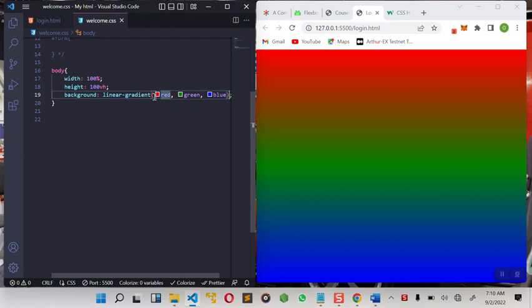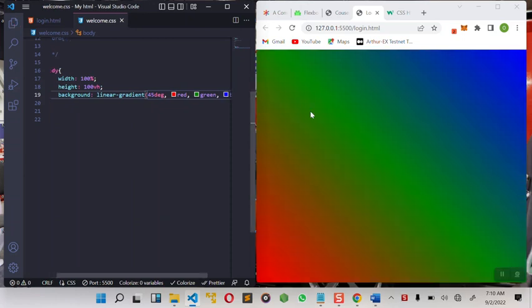At this part now, let's just use 45. Let's see. This 45 now will control the 45 degree. It will control the way this color is. Look at this. Can you see? Can you see now? Let me do it back so you can see what I just did. Yes,